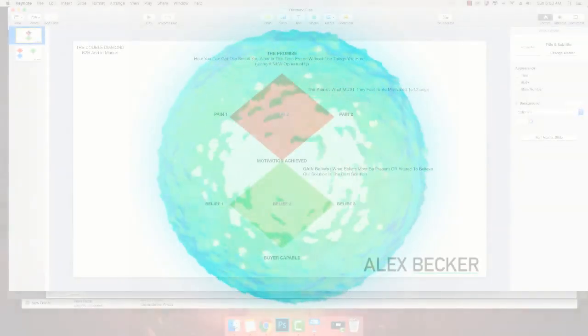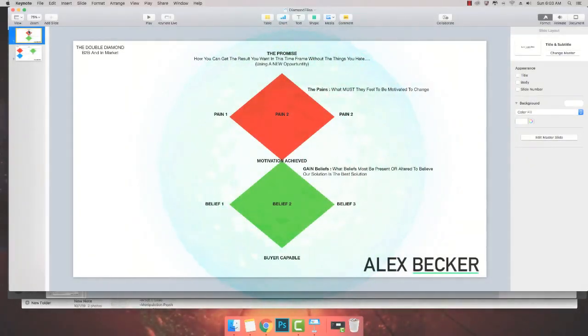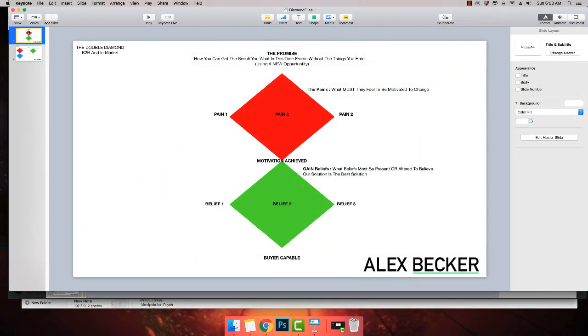Okay guys, so before we start building our funnel, you need to accomplish your double diamond or your triple diamond. Most of you guys are going to be in triple diamond. So what I've done is I built two files for you that are going to help you do this, and I want to go through how to use these files so that you can easily go and build your funnels,